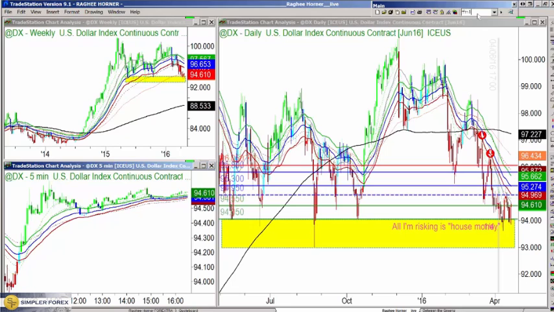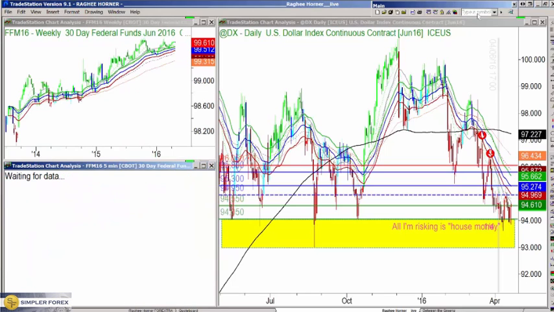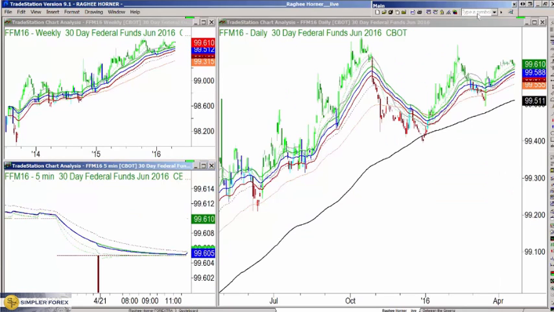I'm going to take you to, first of all, the Fed funds futures for June. We're going to take a look at the contract for September and then also for December. Who's ever looked at Fed fund futures before? Yeah, who's ever looked at those before? I don't trade these very often,